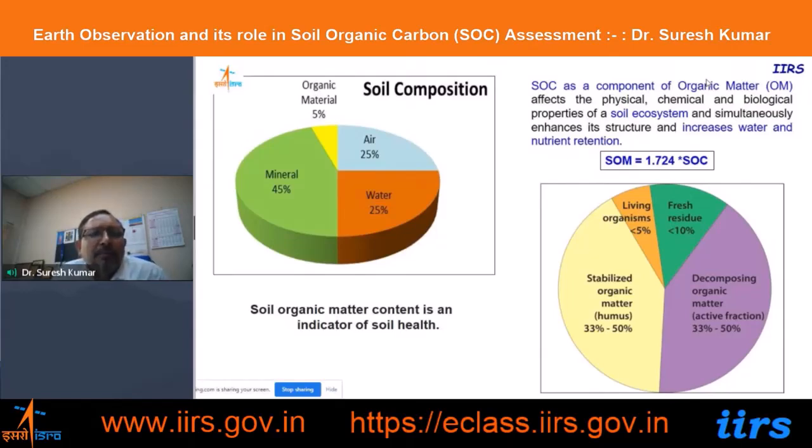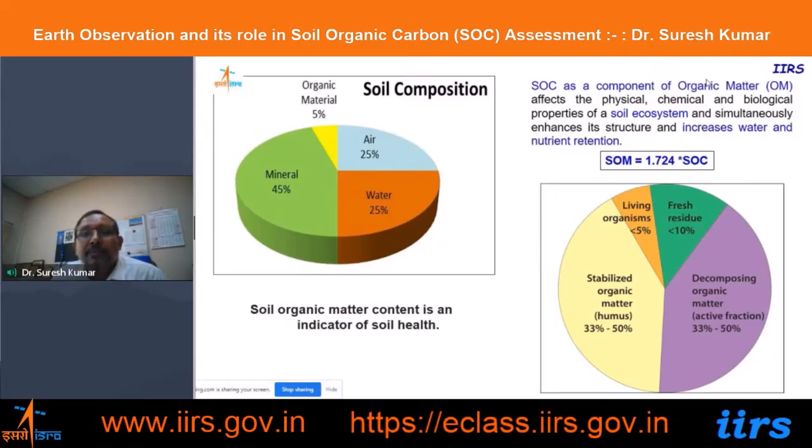If we see the global carbon cycle, how carbon is present in the soil and how the cycle is governed, you see our vegetation pool of carbon present in the vegetation, either in forest or crop or any other vegetation or green mass present on the earth surface, has a total of 560 petagrams of carbon. 1 petagram equals 10 to the power 15 grams. So vegetation pool 560 petagrams, the atmosphere contains 750 petagrams of carbon, whereas the soil contains up to 1